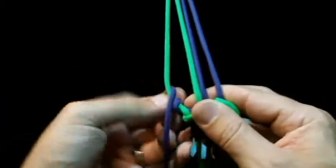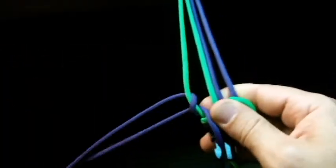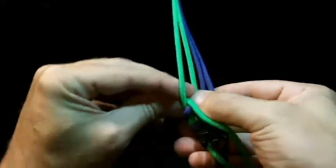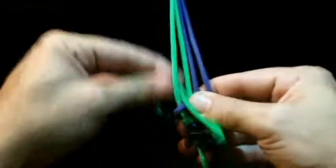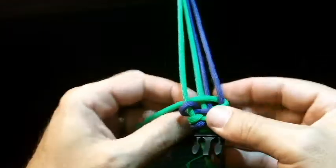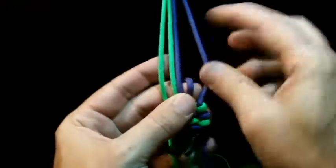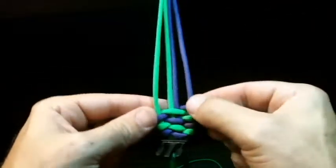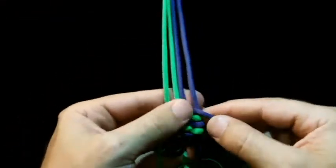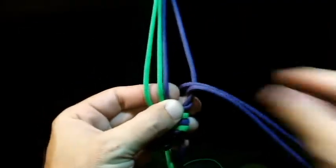Okay, so loop around, take this one, loop it around, and then the right side here goes over and under, and then this goes the left side under and over. Okay, pull it tight. One more time, loop it around, pull it through,